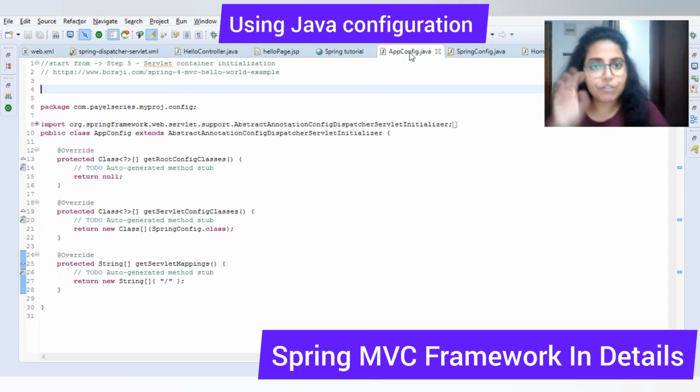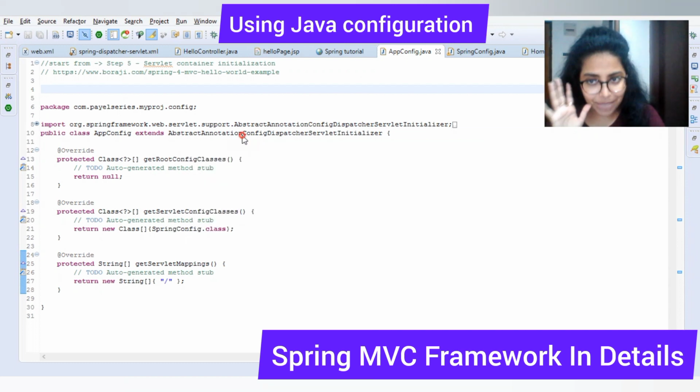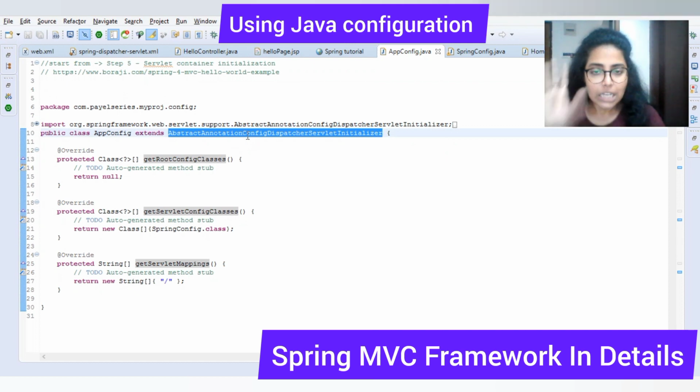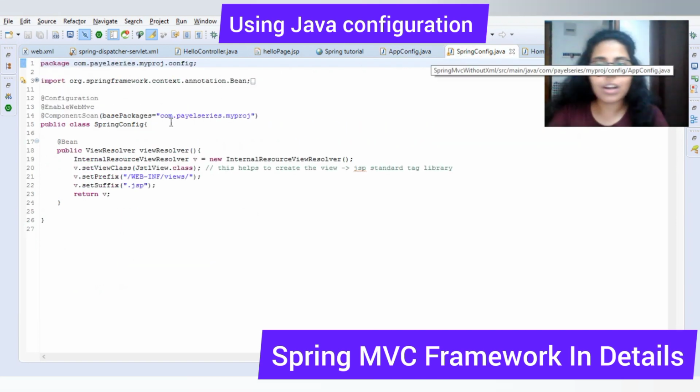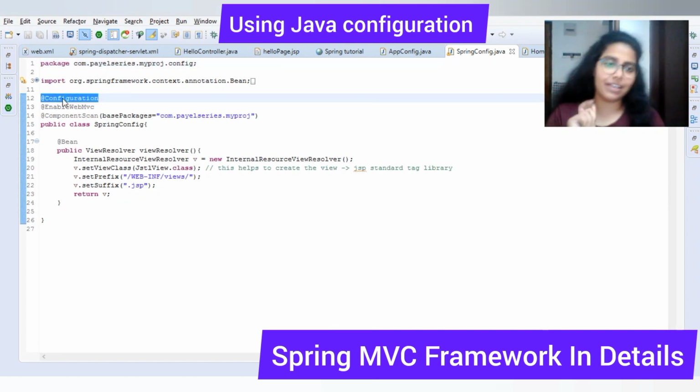But if you see this app-config.java, there is nowhere we have mentioned any dispatcher servlet except extending this file. So this will register one dispatcher servlet towards